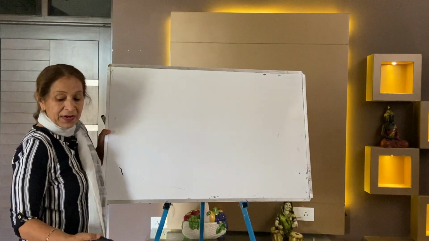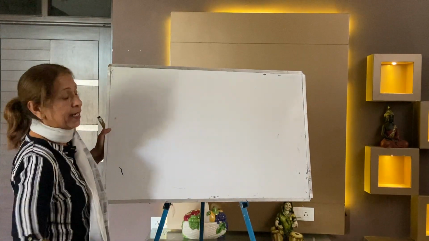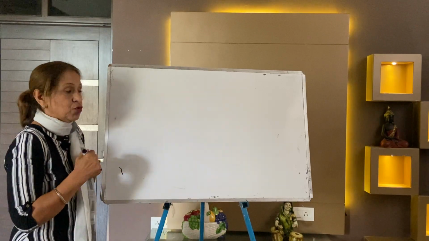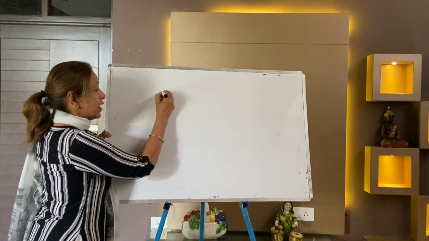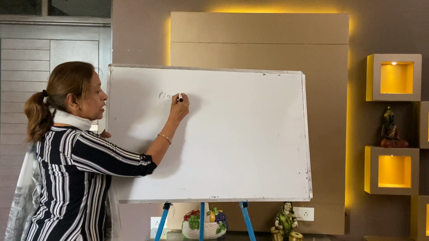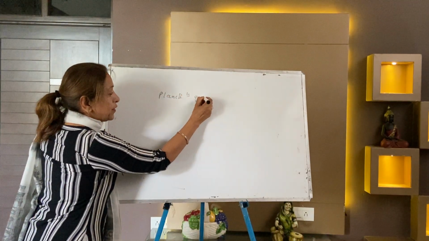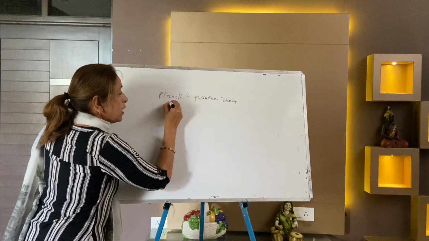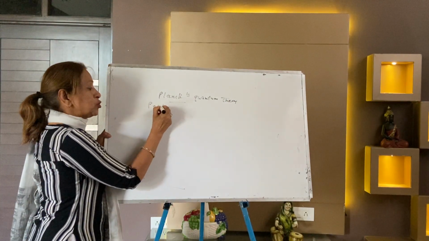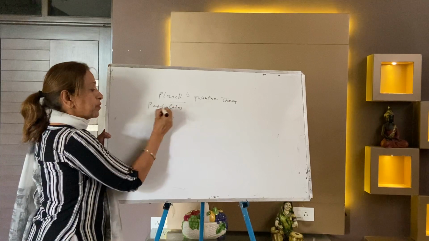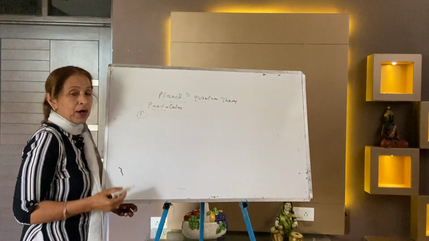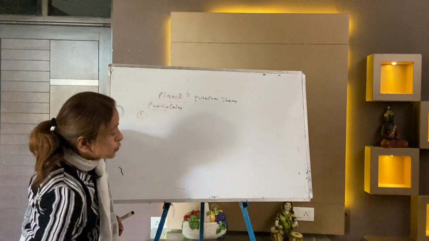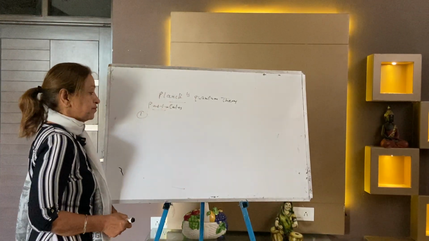When Maxwell failed to explain the photoelectric effect, a new theory of light was introduced, and that is Planck's quantum theory. Write down P-L-A-N-C-K. According to this theory, I'm taking the postulates first. The first postulate is: according to Planck's quantum theory, energy is absorbed and emitted